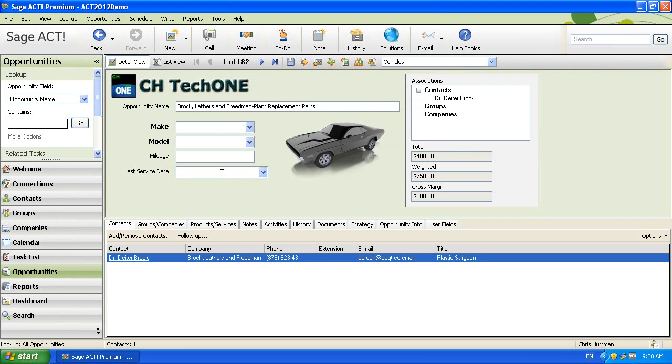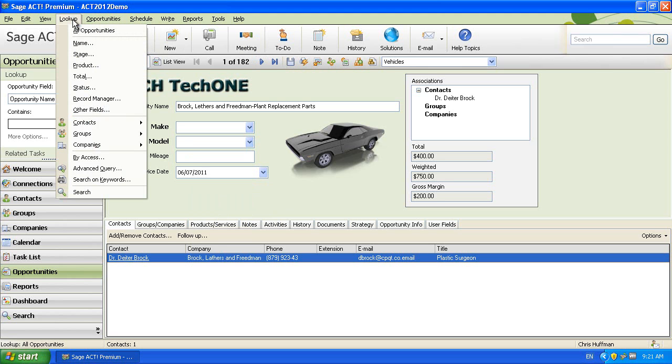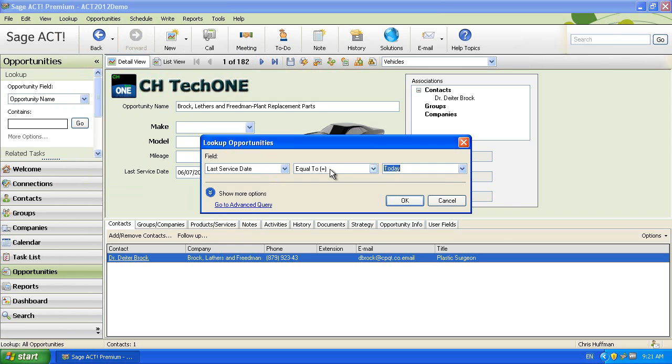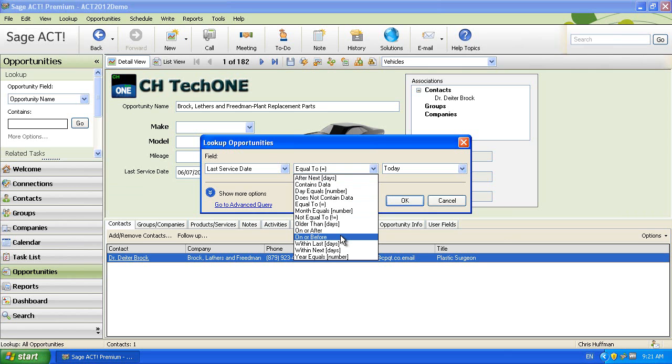And what I can also do is, not only do I have a place where I can store this information, but I can put in last service date. Let's say we had this filled in for July the 6th. Now we can do a search where I'm going to go to the lookup menu. Let's save this so we make sure it's there. I'm going to go to the lookup menu, and I'm going to go to other fields. I'm going to choose last service date. I'm going to say on or before, actually let's go older than